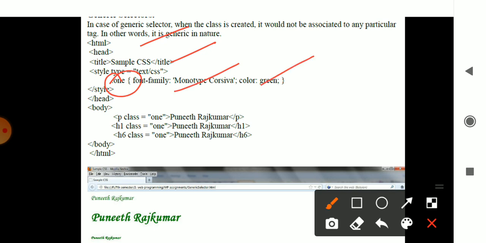It will take its own size. Style close and head close, and in the body part you have Puneet Rajkumar everywhere, P, H1 and H6. H1 has the higher font size and H6 has the lower font size. Whereas in the beginning, class 1 Puneet Rajkumar, the paragraph style will be of standard size when printed.